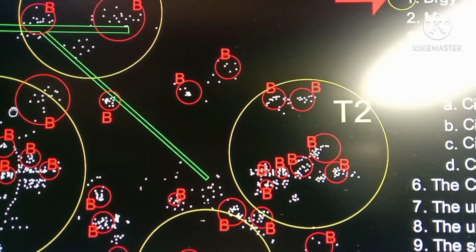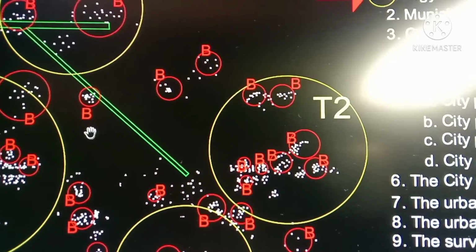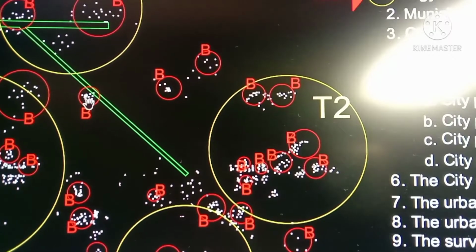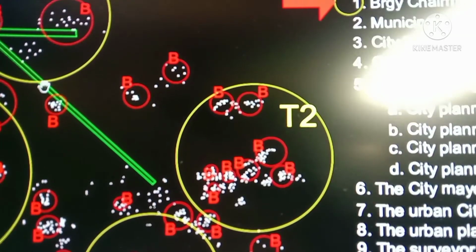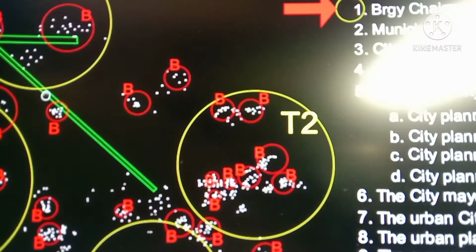So, as a result, if all the town mayors or municipal mayors have decided, the town mayor will also inform their barangays to let them know that there will be a zoning. Zoning means proper planning of the city, like extensions of roads, widening of roads, or widening of the highways. So this is how it looks.